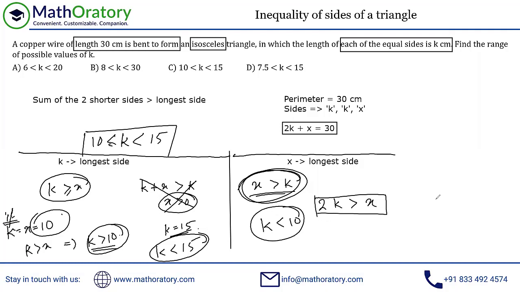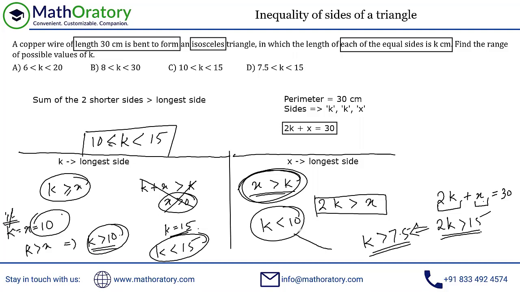So this is a smart way to actually do this. You have 2k plus x, which is equal to 30, right? If I need 2k greater than x, then this 2k must be greater than 15, right? If both are equal, then both are 15, since you have 30. So in order to have this section greater, you need it greater than half of 30, right? So that has to be greater than 15, implying that k has to be greater than 7.5.